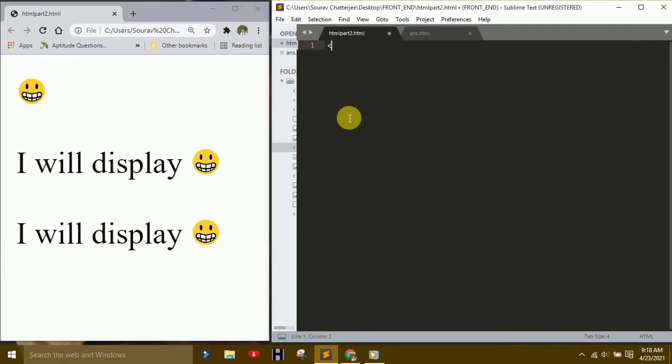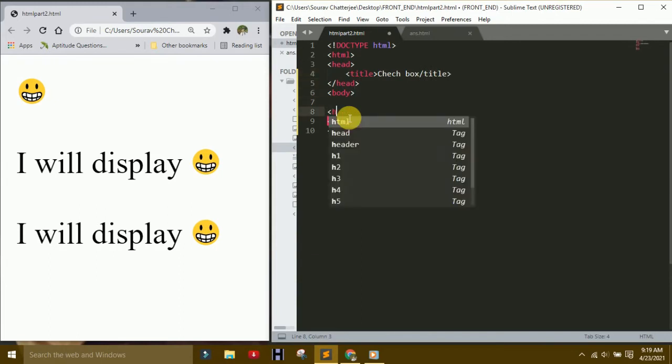Understand from the first. HTML, title is check. We come here, make a heading, making it center here.